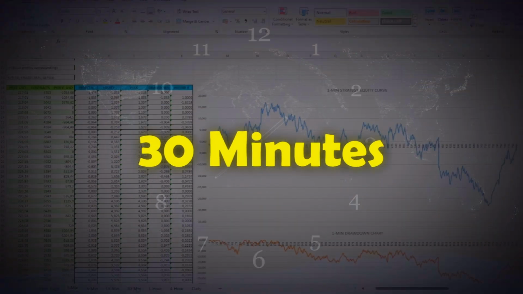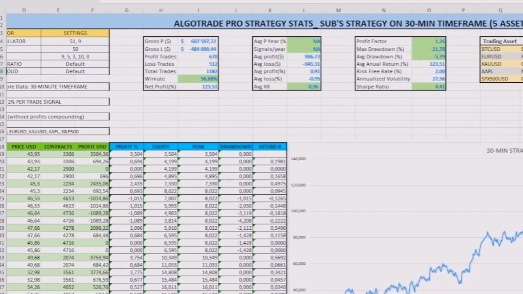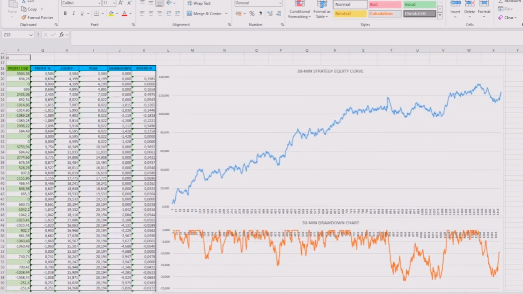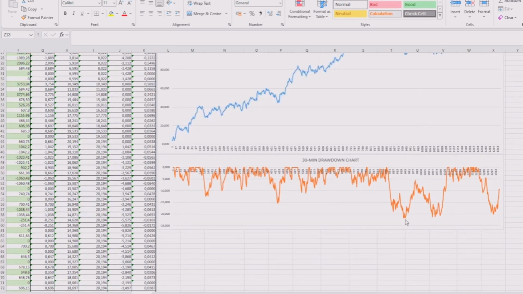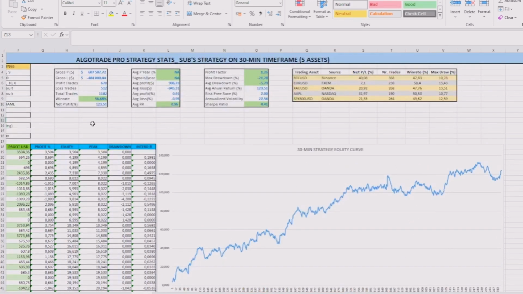Next, in the 30-minute time frame, the results were quite positive. With a win rate of 56.68% and a net profit of 123%, the strategy achieved profitable results on every asset, and the equity chart looks very stable. It had this flat period here, but the max drawdown was only about 20%, which is acceptable taking into consideration